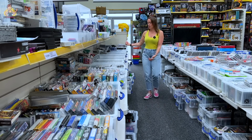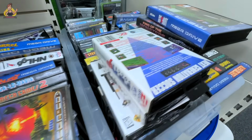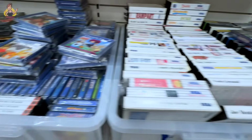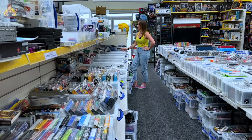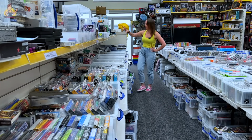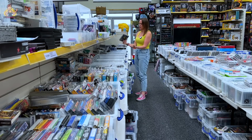So if we start all the way down here, we've got Sega Mega Drive, we've got Mega CD. We'll take a closer look at this. You've got your Dreamcast, your Master System, Saturn, and a very healthy selection of Saturn games indeed. We've also got Engage, and some limited run stuff, like Retro City